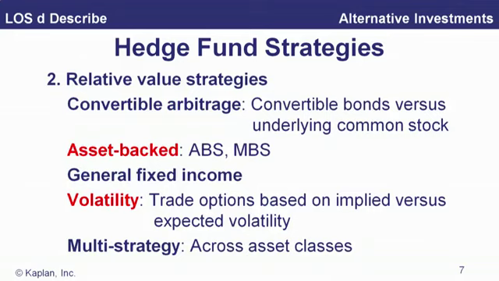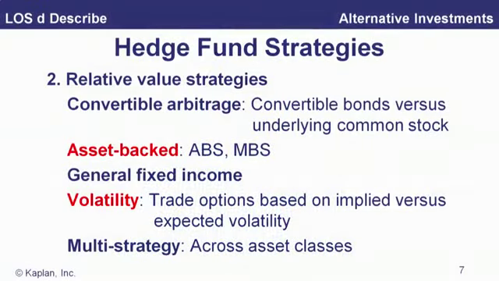Our next category here is relative value strategies, where we're not betting necessarily on one thing, but how two investments will perform relative to each other or to securities. In convertible arbitrage, convertible bonds versus the underlying common stock. If they have a better pricing model on what the value of that conversion option is based on the value of the common stock, then they can buy low and sell high across that as an arbitrage trade.